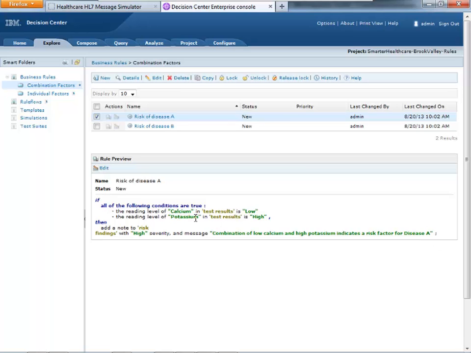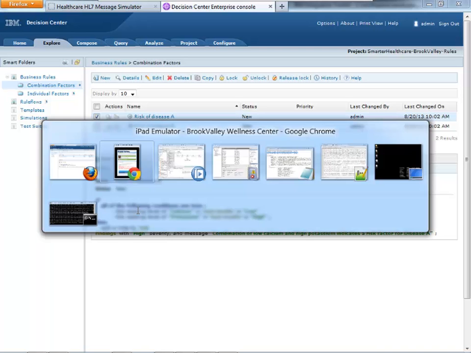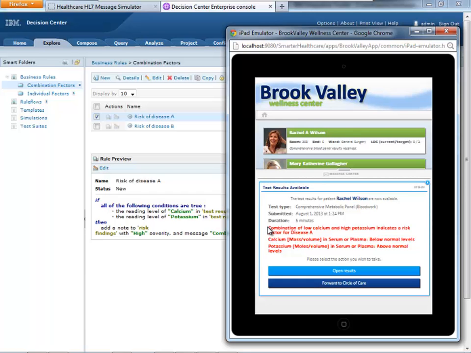So this business rule was actually what was evaluated by our integration platform as we were going through that message flow, taking that ORU message and routing it through this business rule. So when we came back with our results, you can see that here is that exact piece of text, right? That message that was determined by our business rule is now put up as a decision support for Dr. Bloomfield as she's analyzing the results of Rachel. So just something to help her along the way.